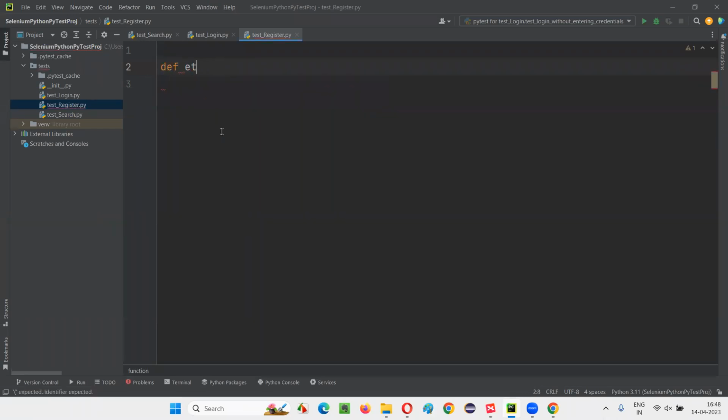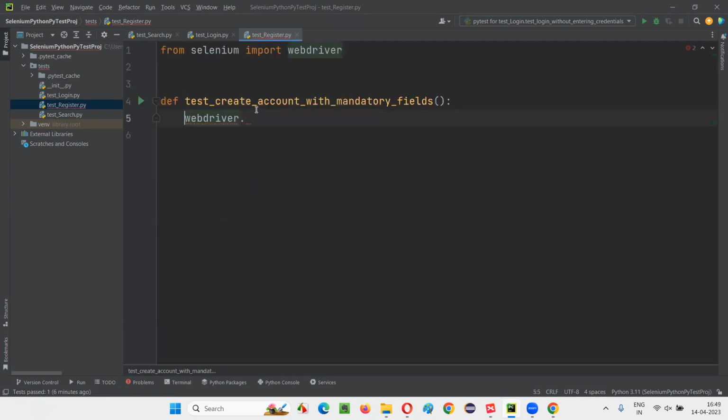Test underscore create account with mandatory fields. So here I'll write down WebDriver dot and hover the mouse on WebDriver and import this WebDriver from Selenium. After that, I'll simply say dot Chrome. It will return you the object that we'll refer to the object with this driver object reference. Driver dot maximize window will maximize the browser window. After that, driver dot get in that give double quotes and give this URL